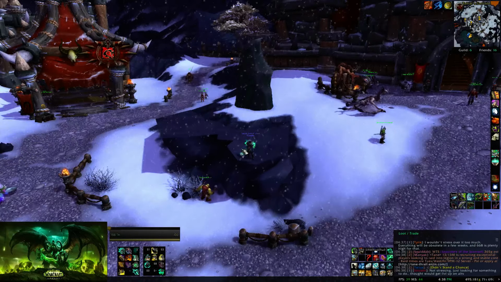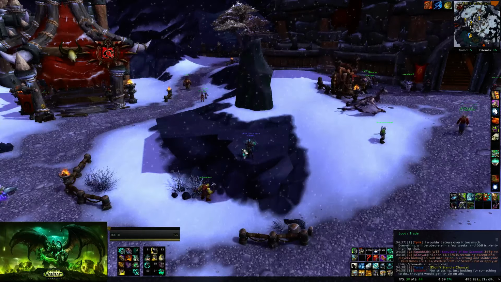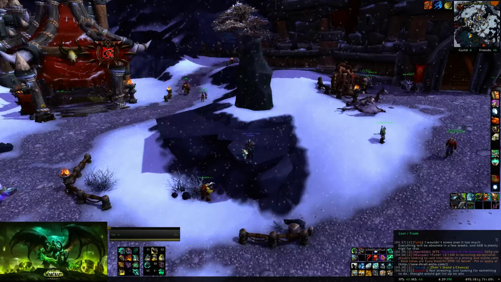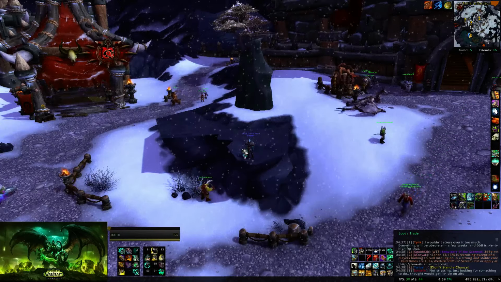Now basically what you can expect here is I'm going to be going over how to make the WeakAuras to track various different things, how I make groups for them, how I put them in aesthetically pleasing areas, and finally